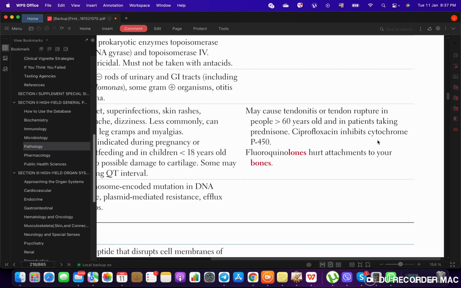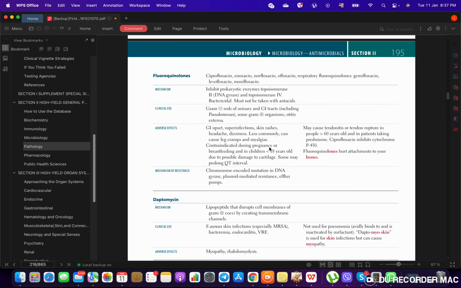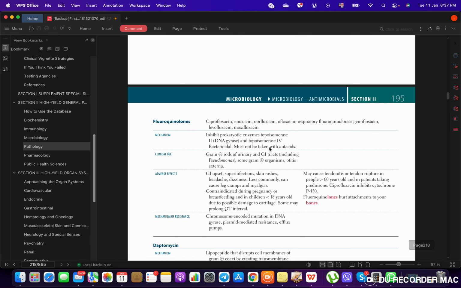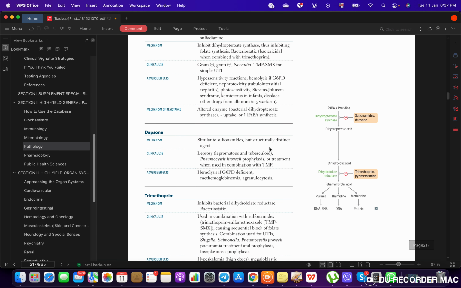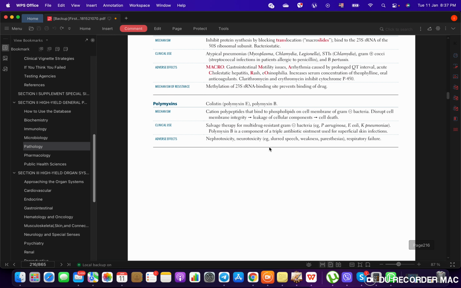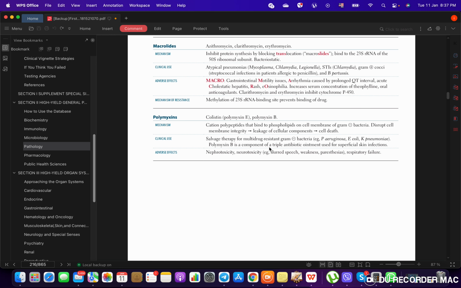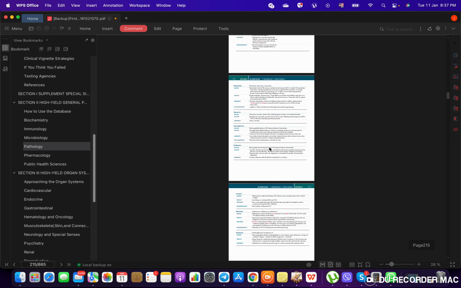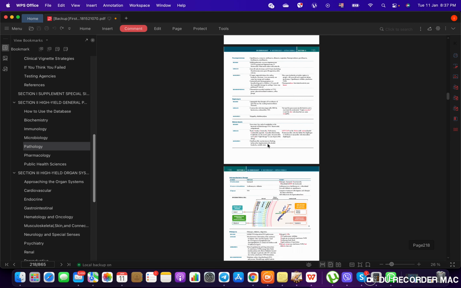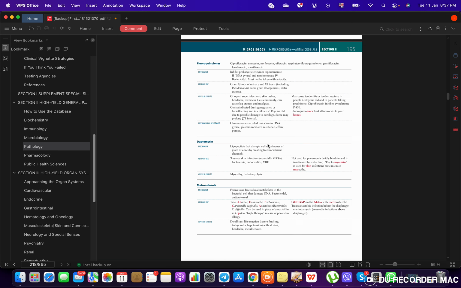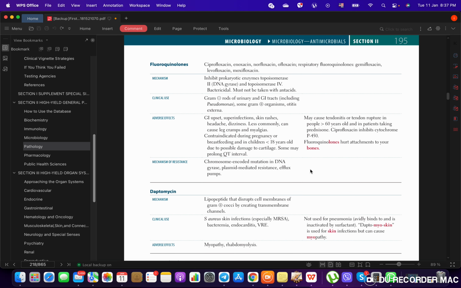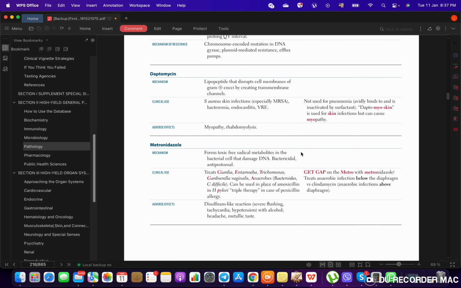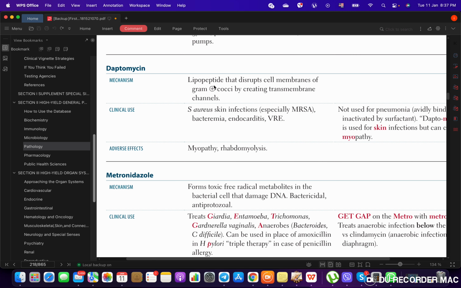Ciprofloxacin inhibits the cytochrome P450. Remember what other drug led to that as well? Inhibition of the cytochrome P450. Macrolides, absolutely. Nice. Okay, so daptomycin mechanism, it's a lipopeptide that disrupts the cell membrane of the gram-positive cocci by